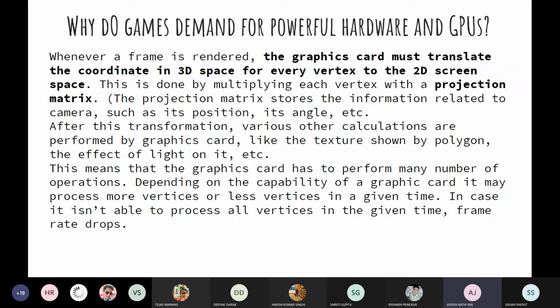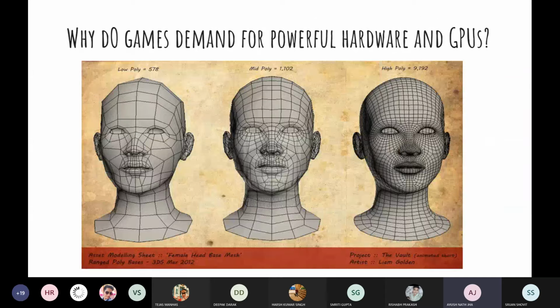So when we build games, each of these vertices in the polygons using which these models are made are in the 3D coordinate space in the game engine itself.